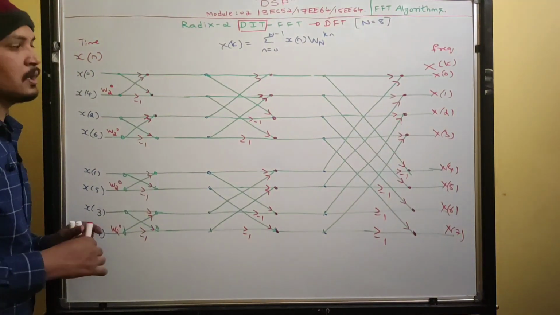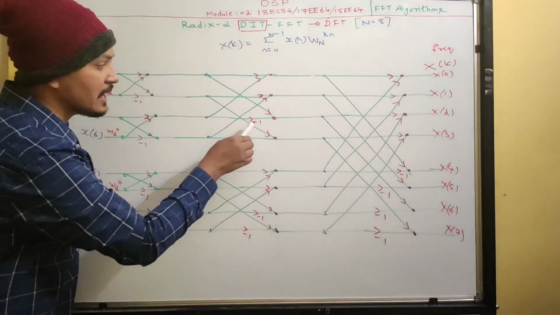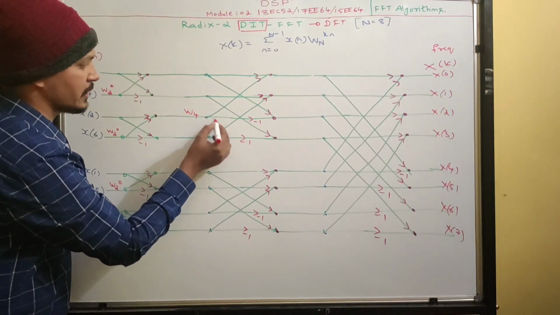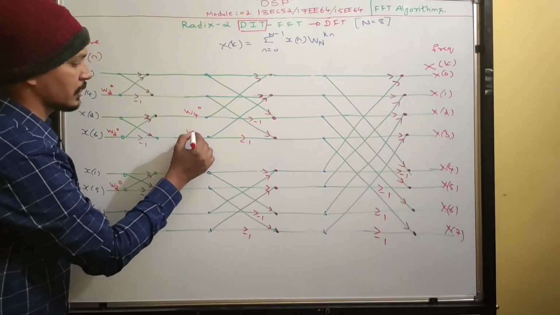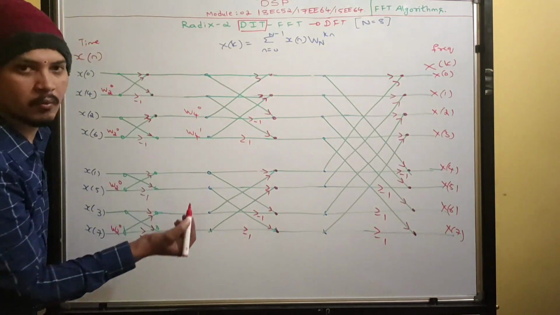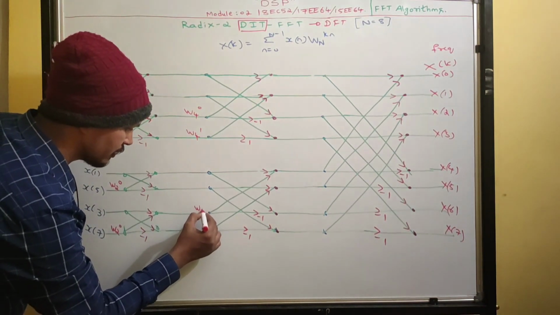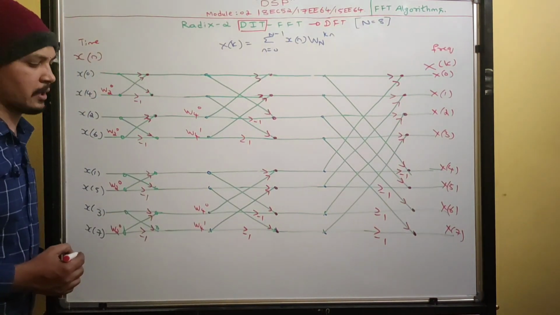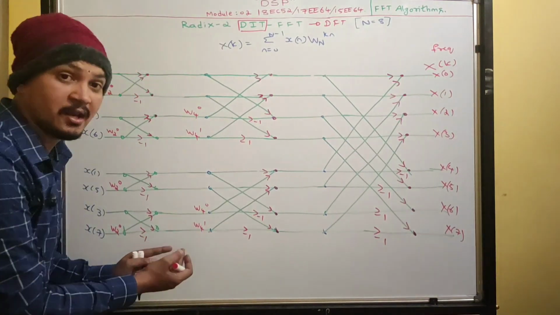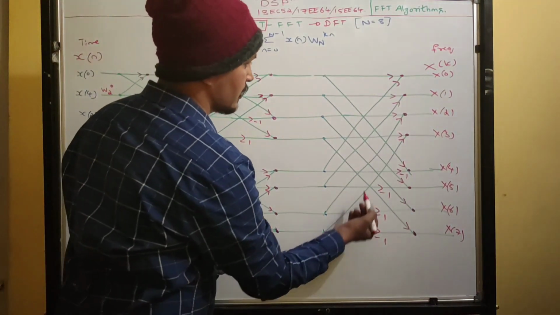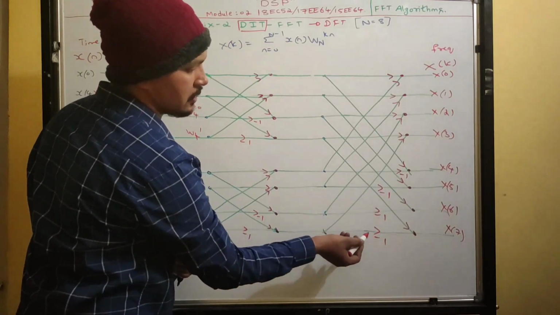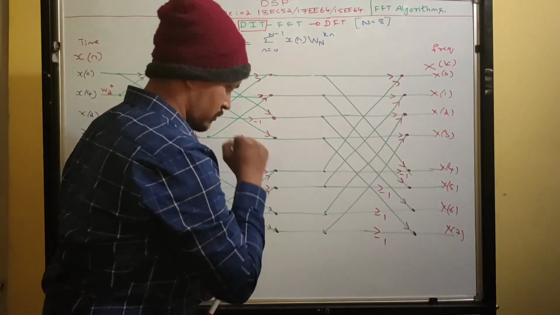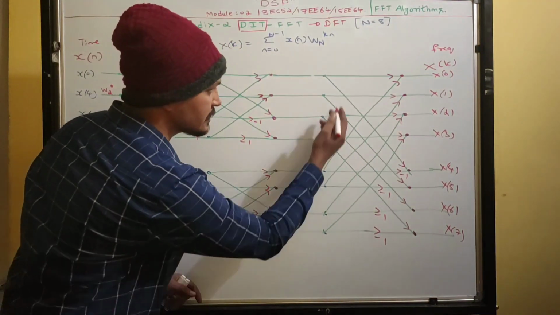Next, come here. Since it is a 4-point DFT, you should write the twiddle factor only where I have written -1. Since it is 4-point, W4 power 0, and after W4 power 0 you write W4 power 1. And here also W4 power 0 and W4 power 1. Got it? You should write twiddle factors at the starting only. Now here, where I have written -1, there you should write the twiddle factors.